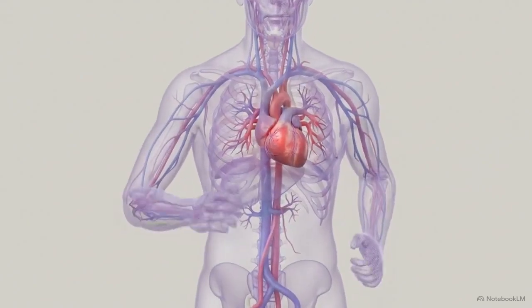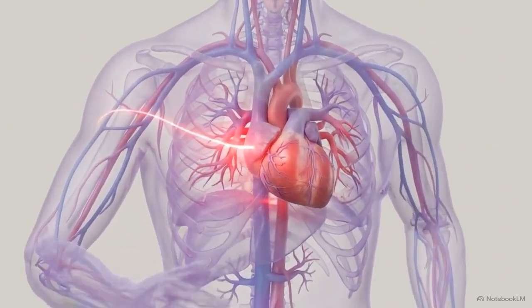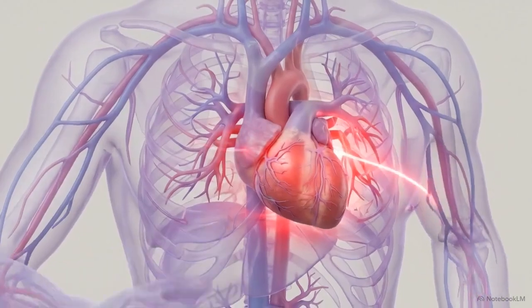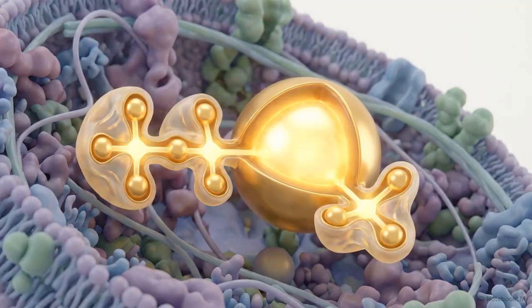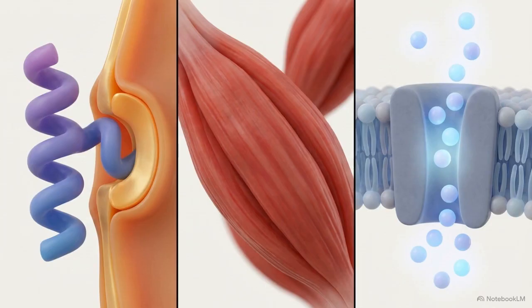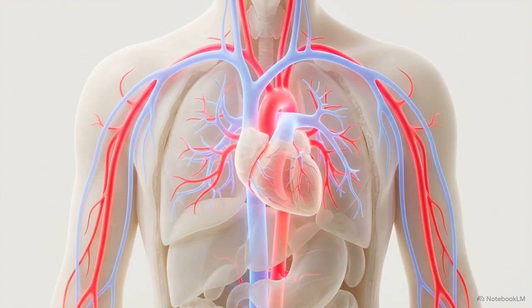Every beat of your heart and every breath you take serves one ultimate purpose: keeping your cells fueled. Deep inside those cells, that fuel takes the form of ATP, the microscopic energy currency that powers enzymatic activity, protein synthesis, and every ionic gradient in the human body. To maintain a steady supply of ATP, your body relies on a meticulously balanced delivery system.